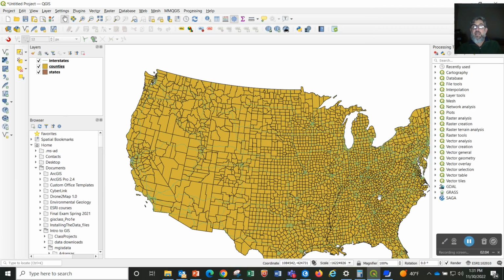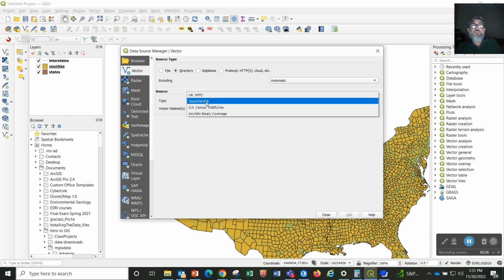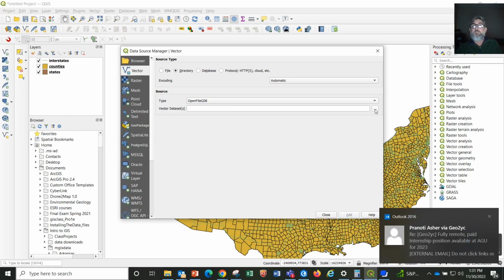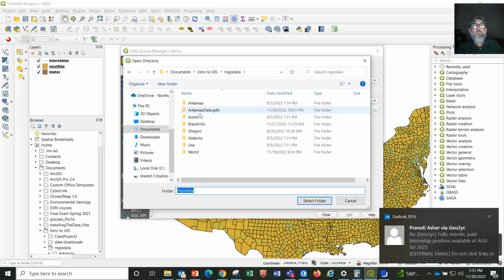So when I click that, it's going to come up, and I got several icons there, but the one that I want to hit is Add a Vector Layer. So I'm going to hit Add a Vector Layer. Admittedly, I think this is not as elegant as just sliding them in from the browser, but I chose Directory and I chose Open File Geodatabase, and then I had to navigate to my